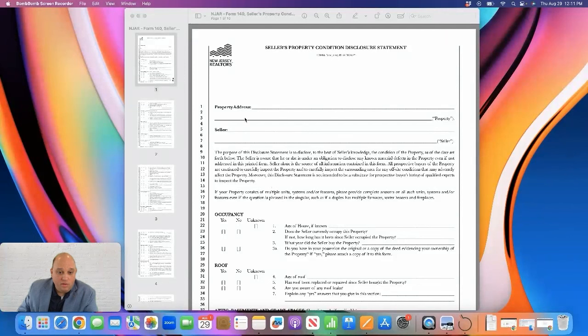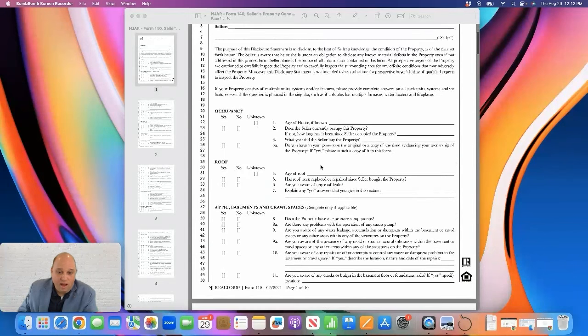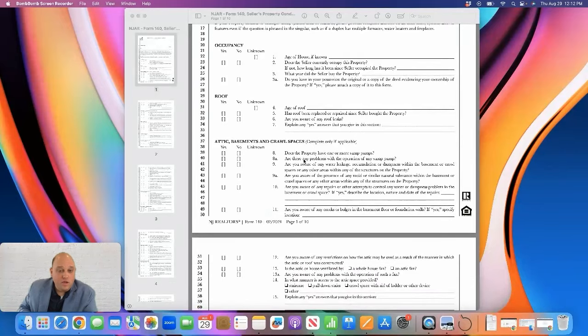So the seller will complete this document, where the property is located, their names, and all knowledge that they have about the property to the best of their knowledge. If they don't know something, they do have the option to select unknown. You can review this form, and then when you do a home inspection, you can discuss it with your home inspector so that if there's items of certain concern, they could definitely pay attention to those items when you